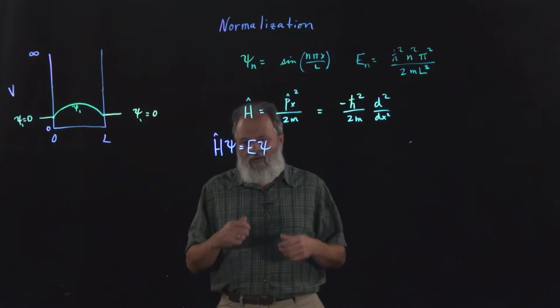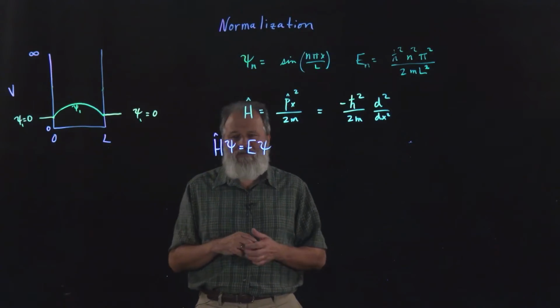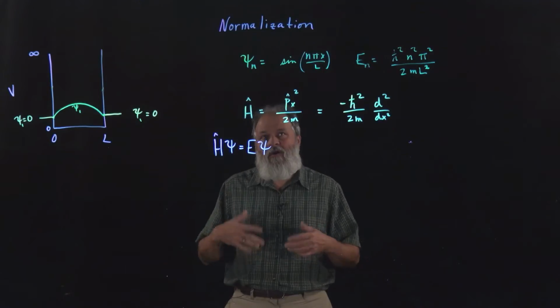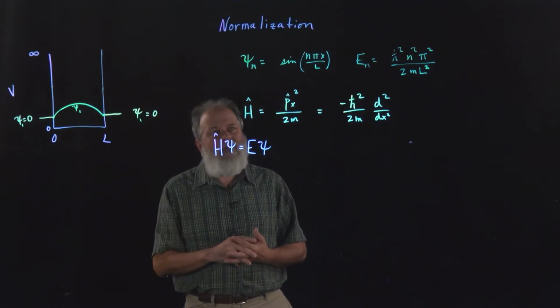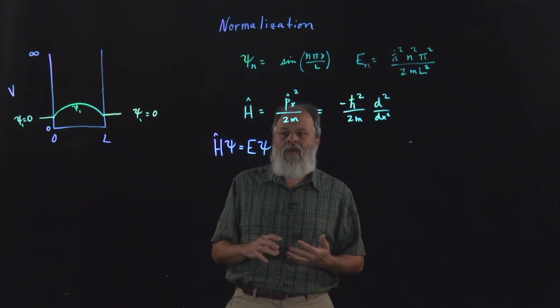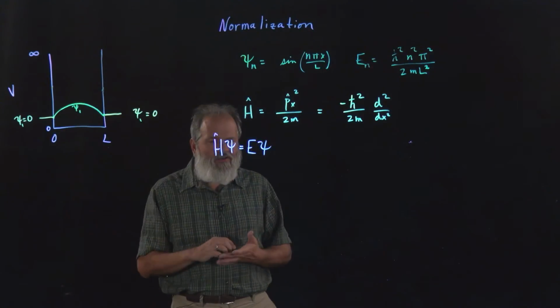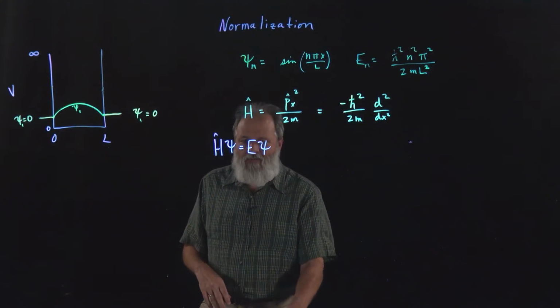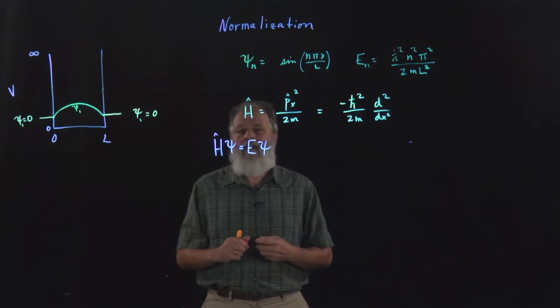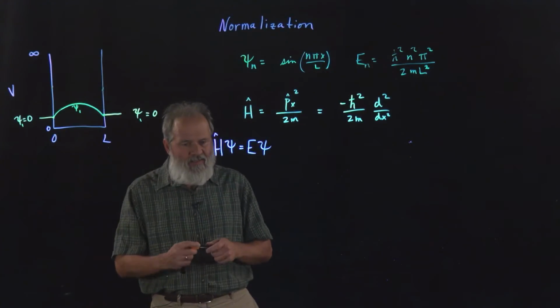In this video, we're going to discuss how to normalize a wave function. We're going to use the particle in a line wave function as an example. Okay, so if the wave function squared is going to be the probability density, then the integral of the probability density